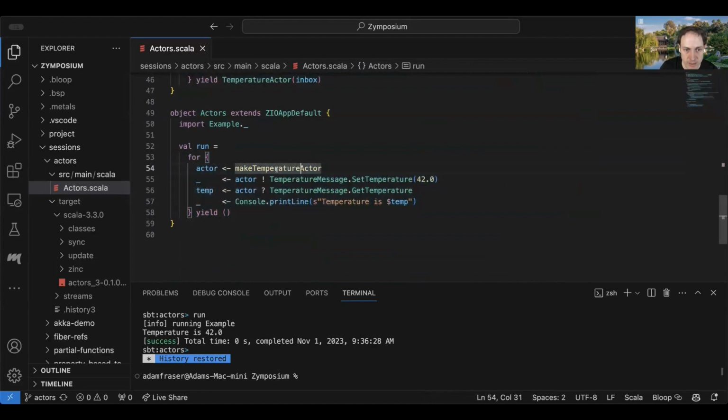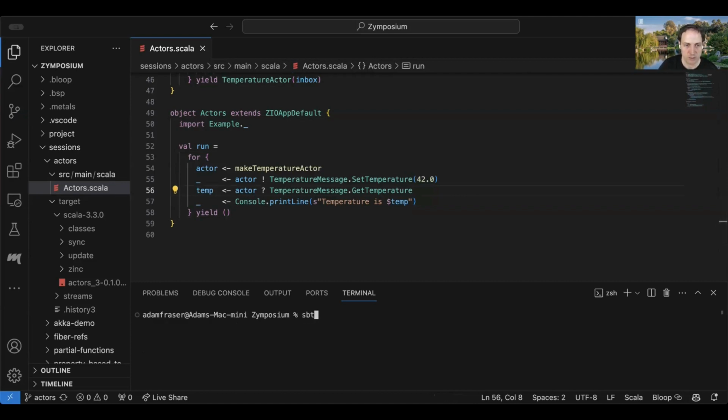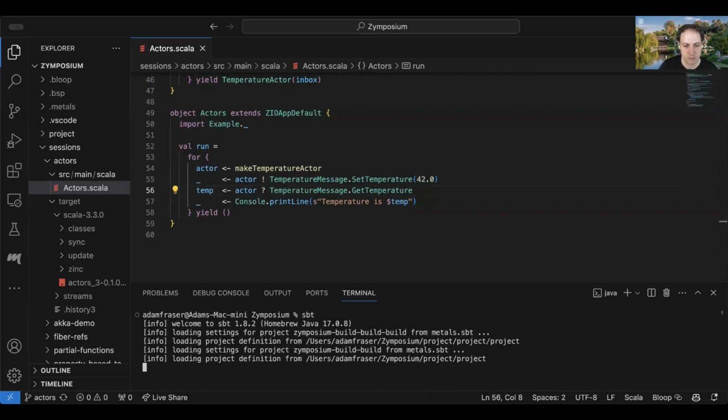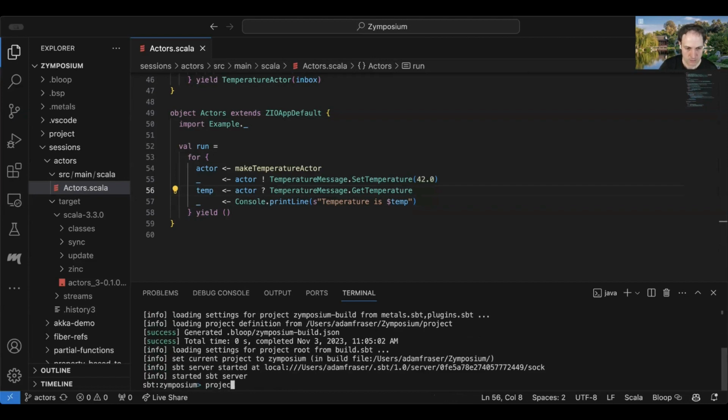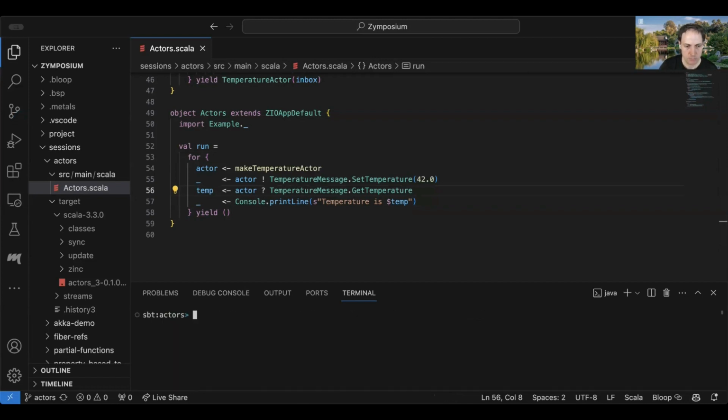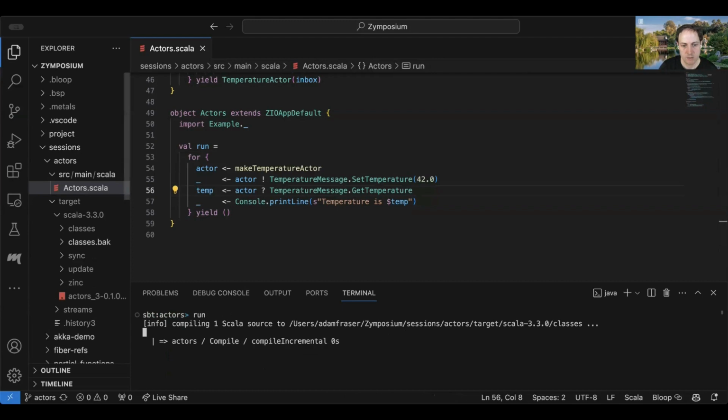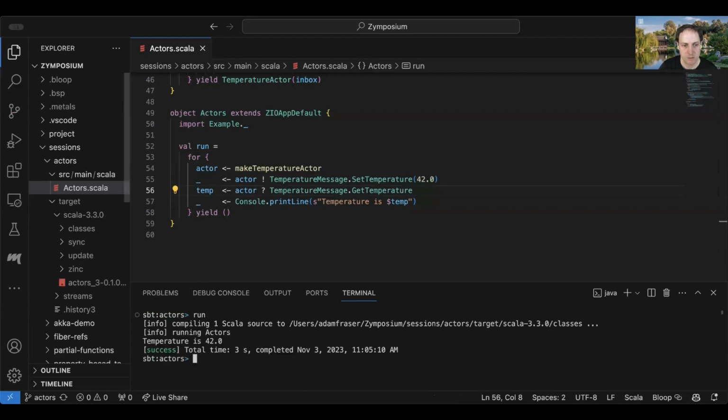We make an actor, then we send a message to set the temperature, then we ask it what the temperature is, and it gives us back the temperature, and then we print it out. So if I just get this going, this is called actors. Let's run this. Yeah, so we get temperature 42.